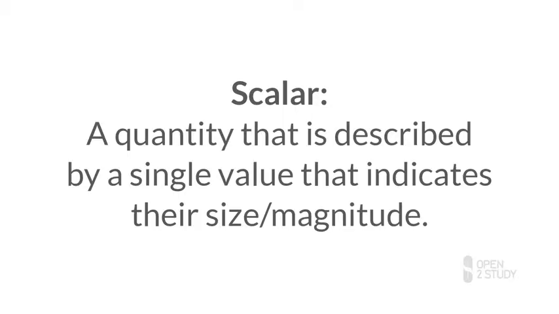You can think of some immediately. Say a 5 kilogram block. It has a mass of 5 kilograms, but its mass doesn't point anywhere. It just has 5 kilogram mass. Or time. In this problem I mentioned that I drove for 2 hours. That 2 hours didn't point anywhere. That 2 hours is just a unit of time. And so time is again a quantity that doesn't need a direction. We call quantities that don't need direction, that just have a number, scalar quantities. So now we have two kinds of quantities, vector quantities and scalar quantities.